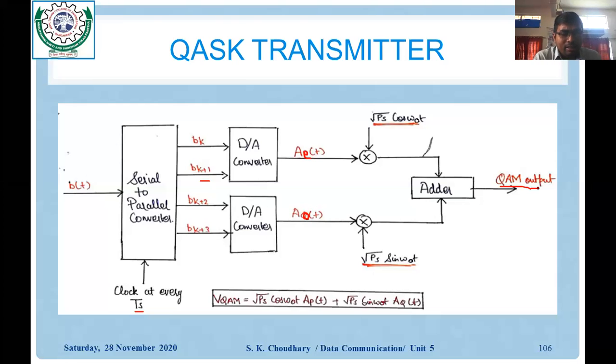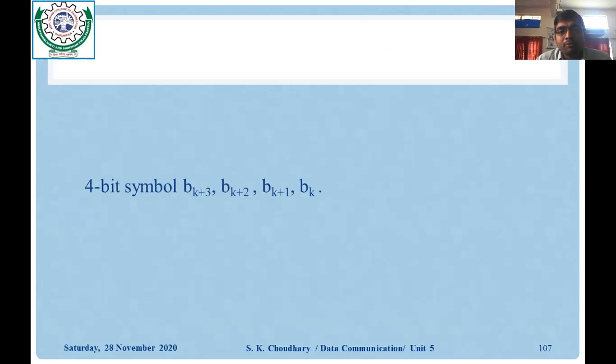So you can see this operation is very much similar to QPSK and M-ary PSK. Finally, we have to add these two odd and even function carriers, and then we obtain the final QAM output. So the transmitted signal of QAM would be nothing but, you can define it as